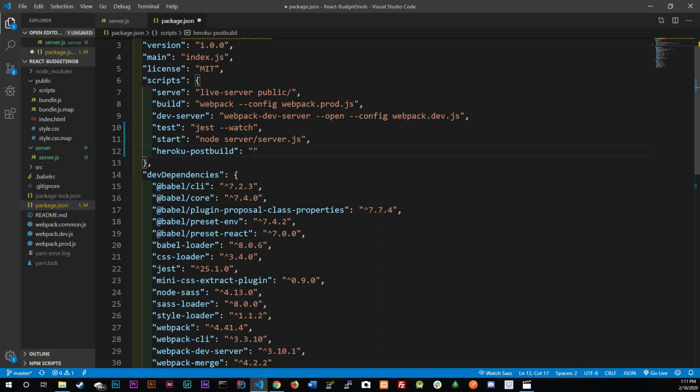So postbuild, and we want to tell it, hey, we want you to run yarn run build, right? Because we're going to run this for production. It already installed all the dependencies. It's going to run the Webpack configuration file and then spin this up for us,